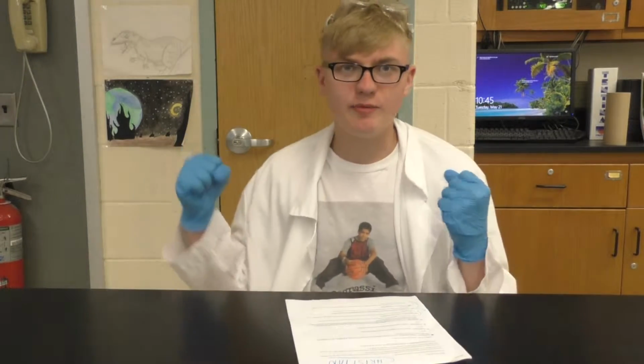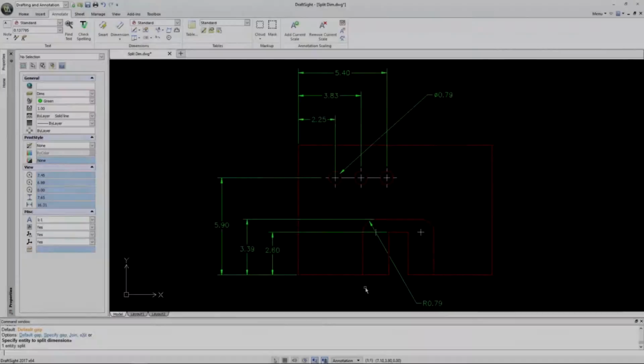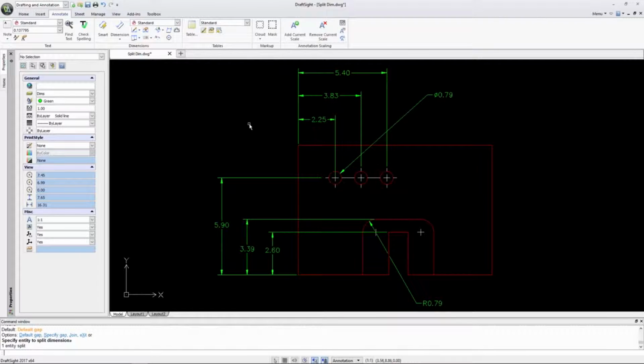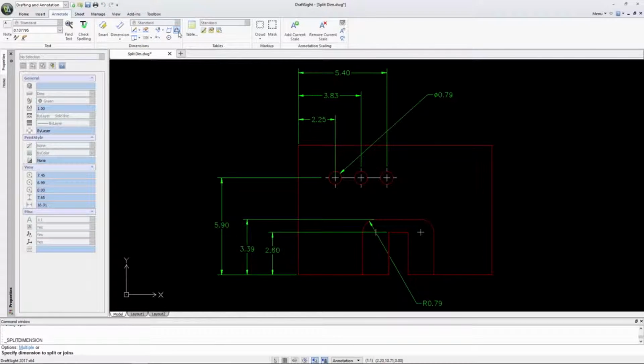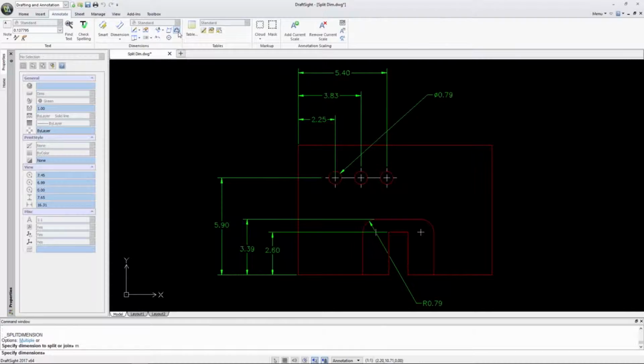Here's a quick how to clip from my boy Jay Fisher. We start by clicking the Annotate tab, and in the Dimensions panel, select Split Dimension. It's as easy as that. Then I'll select the dimension line I would like to split, but this time, select EM from Multiple on the